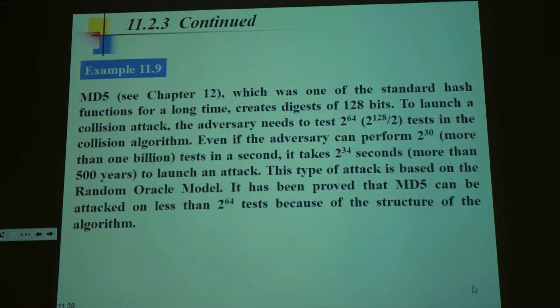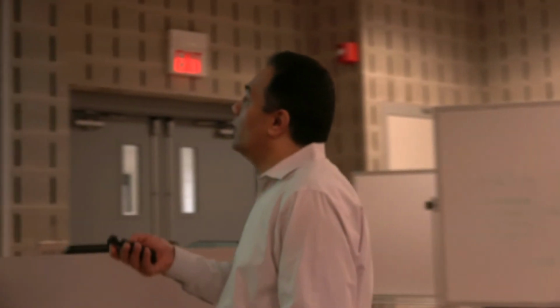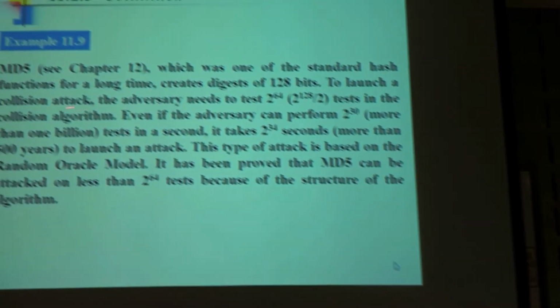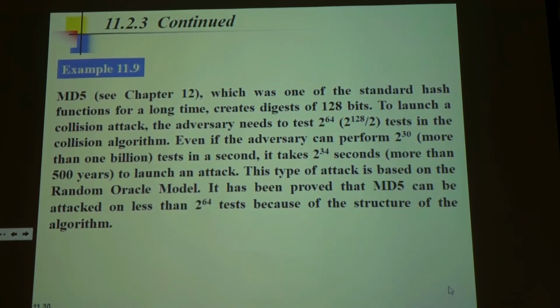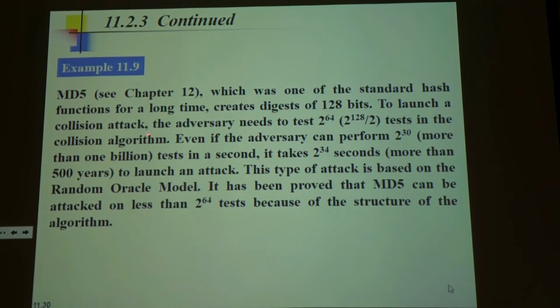Same example. Let's take an example with MD5. We're going to study it next time in class. MD5, one of the hash functions, which was one of the standard hash functions for a long time, creates a digest of 128-bit. To launch a collision attack, an adversary needs to test 2 to the power 64, which is 2 to the power 128 over 2, tests in the collision algorithm. Even if the adversary can perform 2 to the power 30, which is 1 billion operations per second,